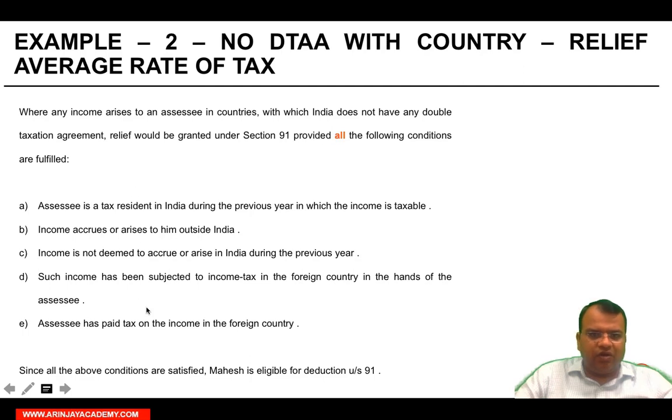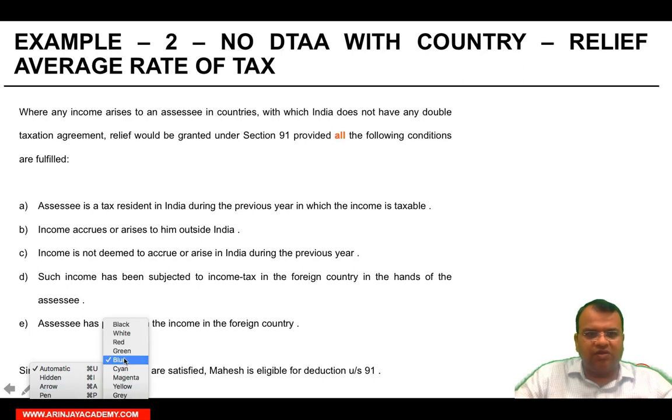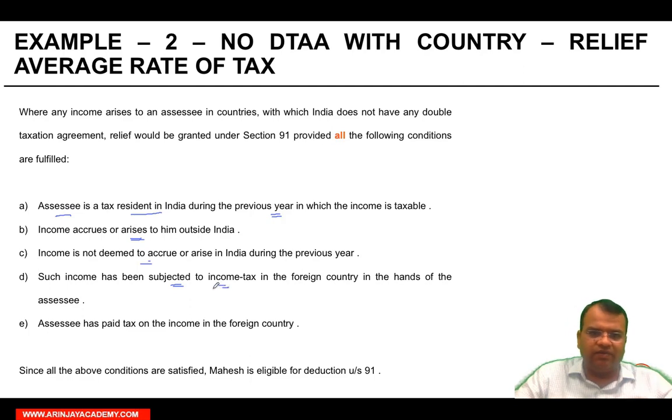So basically these are all the conditions which I discussed with you earlier, and in this given case they are all satisfied by Mahesh. Why? Because Mahesh is a tax resident in India during the previous year. The income accrues or arises to him outside India. It is not deemed to accrue or arise in India. Such income has been subjected to income tax in the foreign country. Now these three we are assuming are true. For the D1, we know that 20,000 has been deducted as TDS from his income, which he has paid, right? So assuming he is eligible for this deduction under section 91,